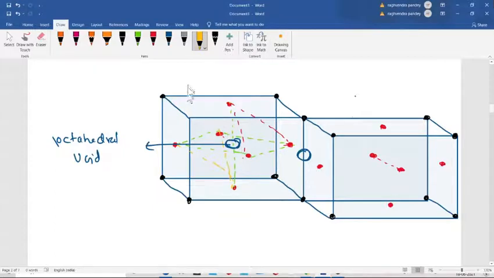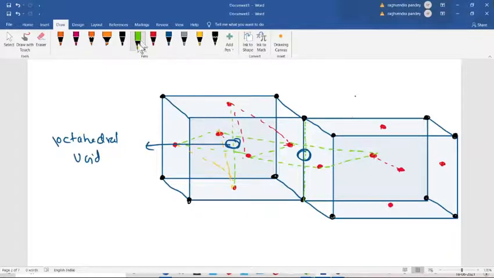You can see here, I'm joining these. Let's take the green one. I'm joining these four over here, and above and below it is like this.